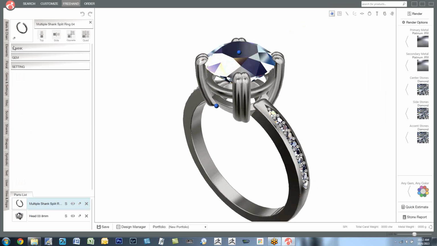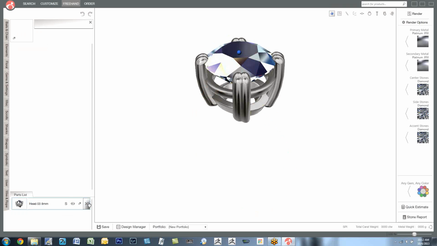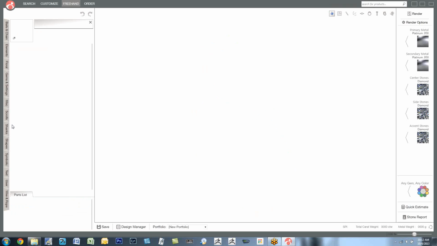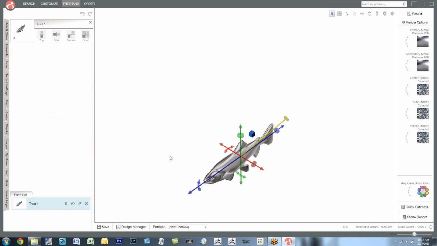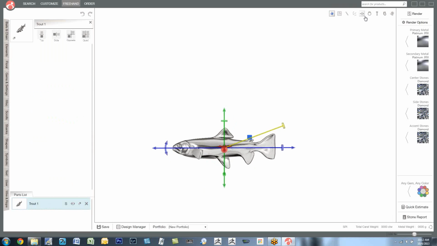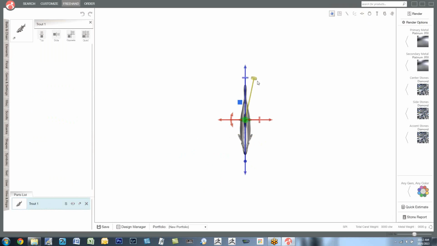So let's just have another look at something else. Let's just get rid of these two. Let's go down to miscellaneous. There's quite a few things in here, and I'm going to bring out this trout, which Chris, who sat beside me, is a big fisherman. He likes the trout. If I click this button here, it brings out this. Now you're wondering what is this? Well, this allows me to bend